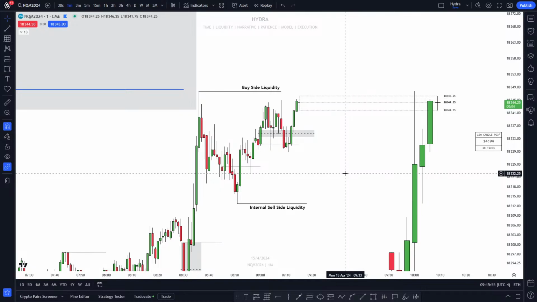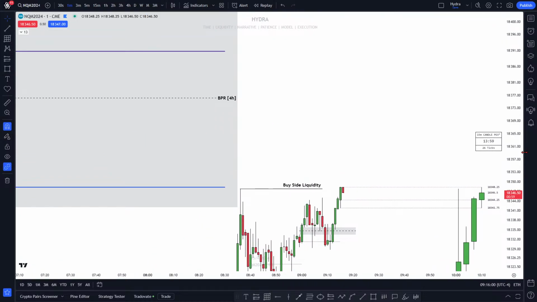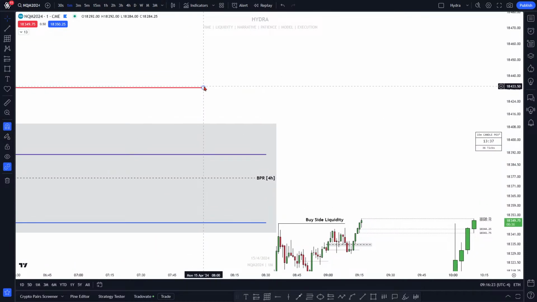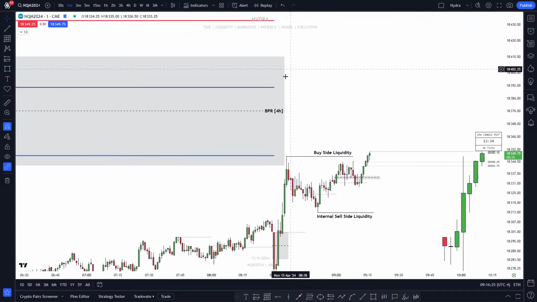Why would I expect a reversal from here? Because, Alex, you joined late, I already explained it. That's the BPR, we have a weekly rejection block. If you go on weekly chart, you will find these lines here. These are the quadrant levels from weekly chart, weekly candles. So from rejection, that's the low, that's the upper quadrant. Here comes the consequent encroachment, and these two quadrant levels are also aligning with BPR, also a fair value gap